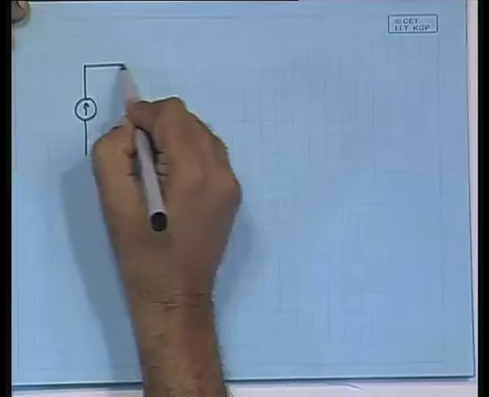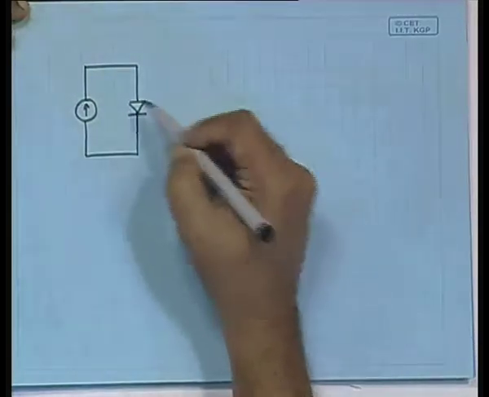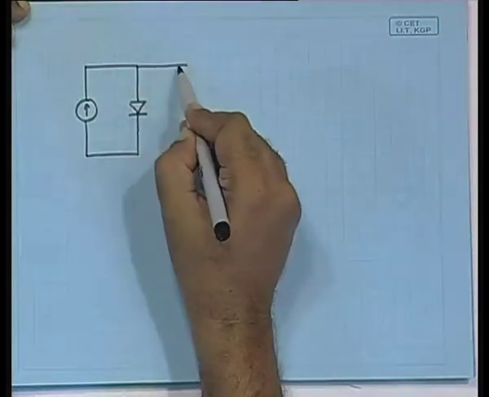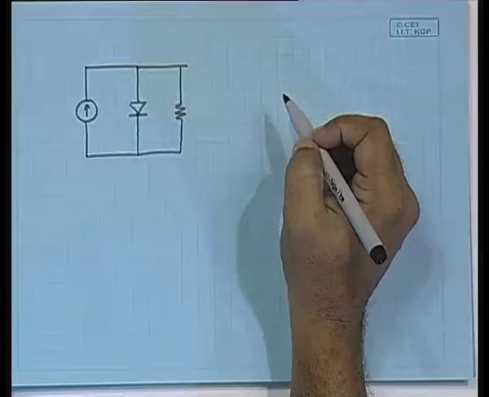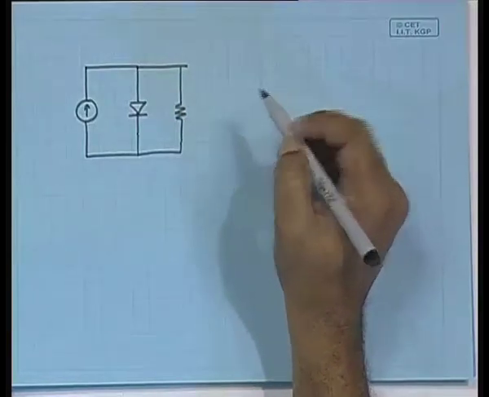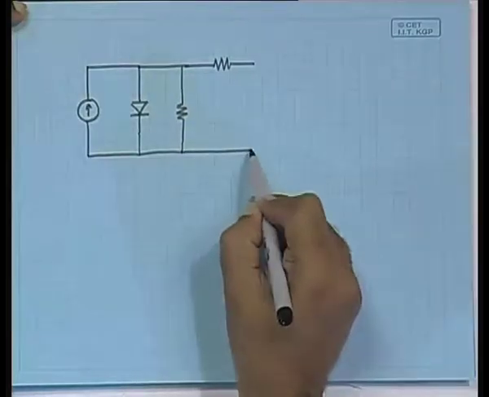So, today to start with, let us just draw the full equivalent circuit and let us write the full equation including all the components. So, the equivalent circuit will have first the photocurrent as a current source, then the diode that shunts a part of the current depending on the voltage, then there will be a shunt resistance which represents the recombination of the electrons and holes, whose magnitude will depend